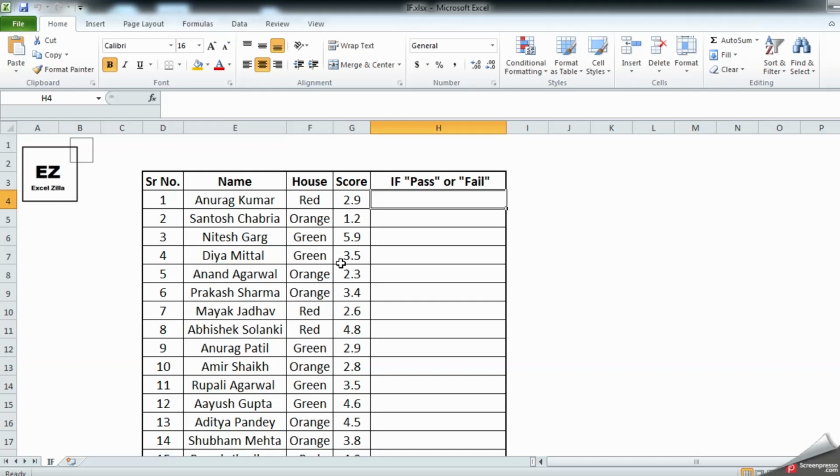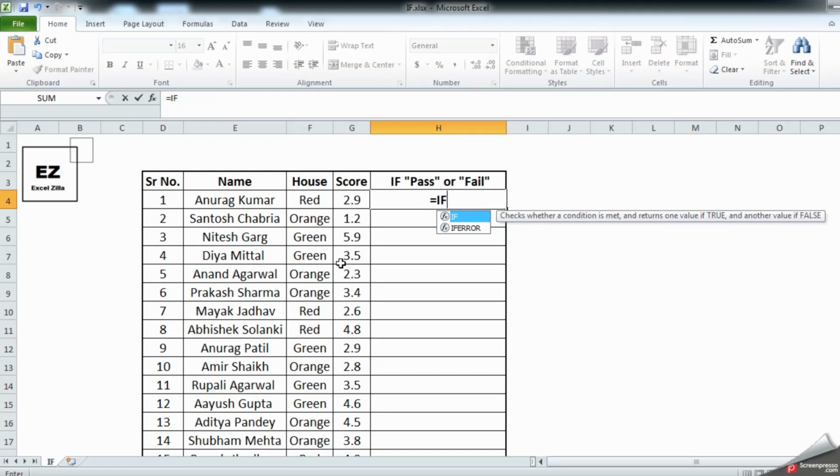To start the formula, you need to always start with an equal to sign, and write IF. You can open the bracket or just press Tab on your keyboard.